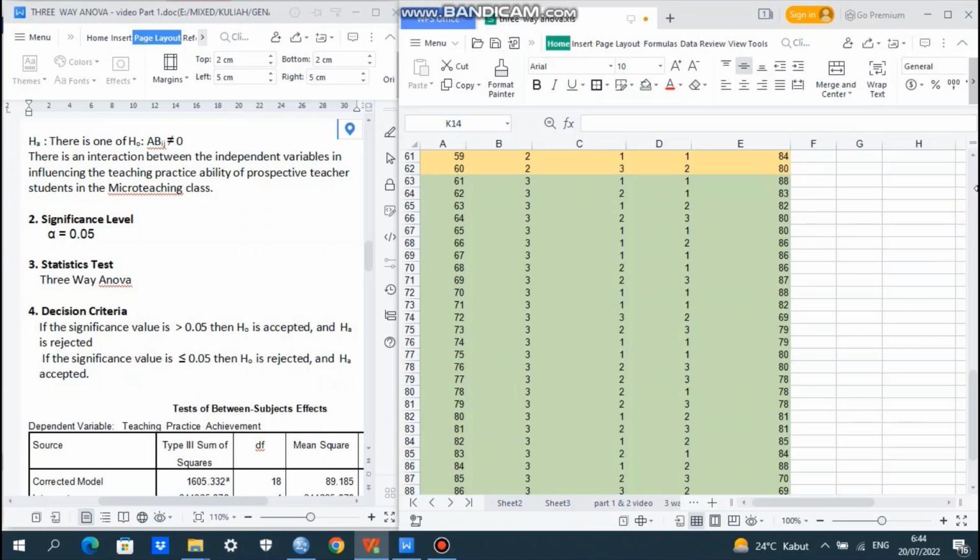And then until the total of 30 students here, the 90th participant in the Tadaluring micro teaching learning model, the score is 78. Okay. And then we go to